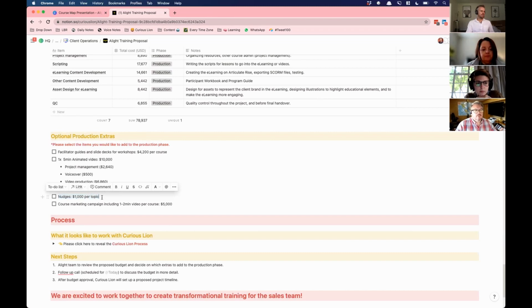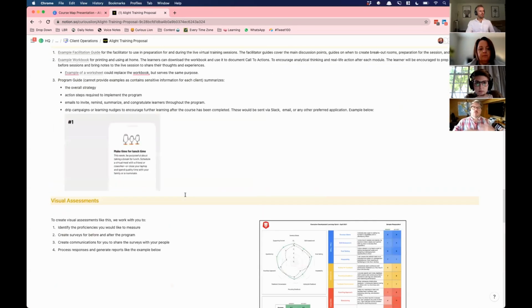So the nudges is a scripting job to basically write out all the communications. You'll just get this long page of things to send, and you can just literally copy paste them, send them at the cadence we agree together. And yeah, so can you give me an example of one of those communications? Is it like a thoughtful question, or what's the